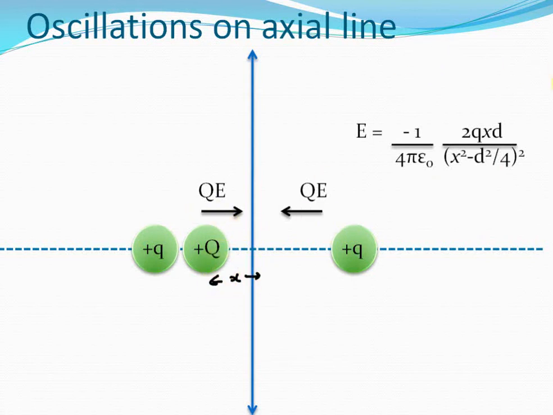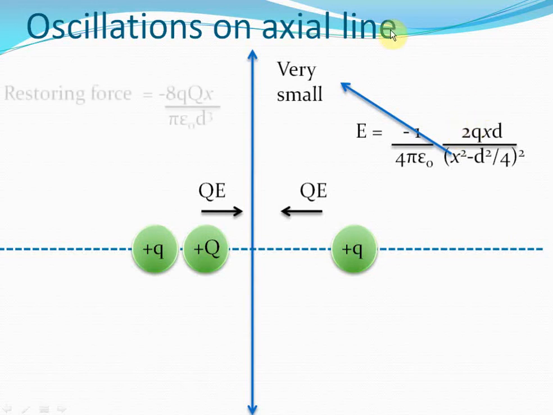This electric field is nothing new, like we had simply calculated it by subtracting the electric fields of this small plus q charge and this small plus q charge in the middle of these two charges. So if this is the value of electric field, and if x is very small compared to d, that is the distance by which this plus capital Q charge is stretched is very small compared to the distance between the two small plus q charges, in that case the net restoring force QE becomes this expression. I have simply calculated this restoring force by multiplying this value of electric field by capital Q.